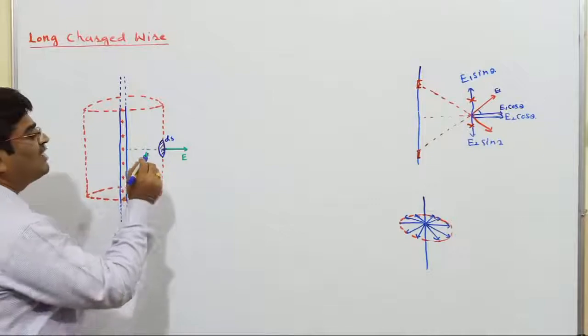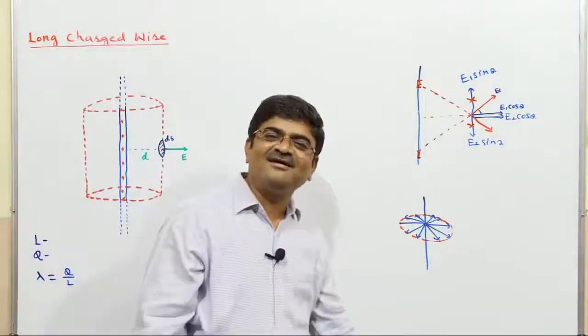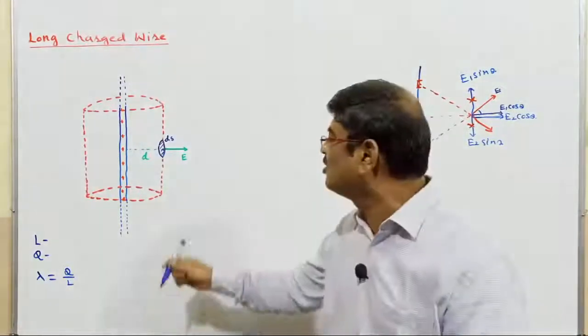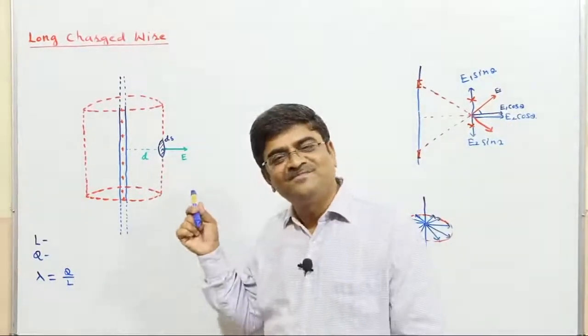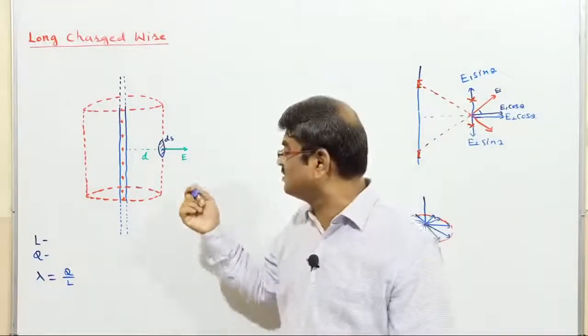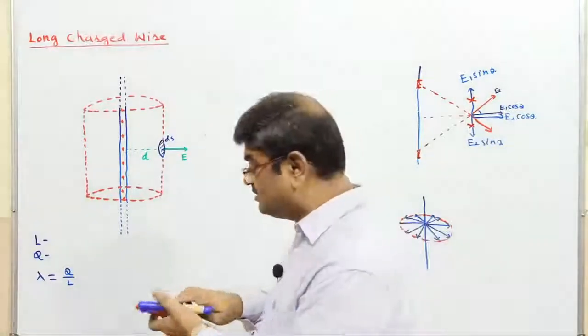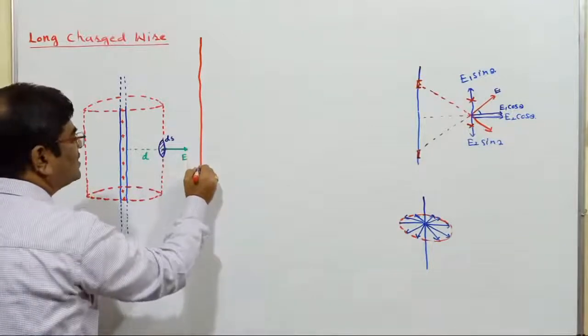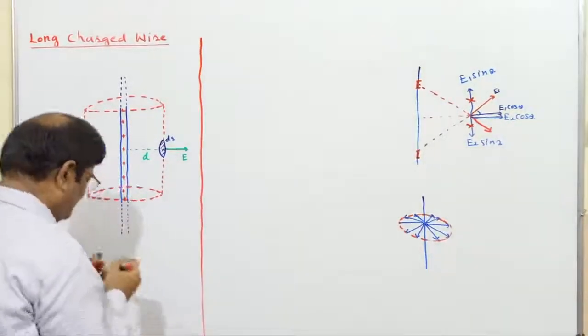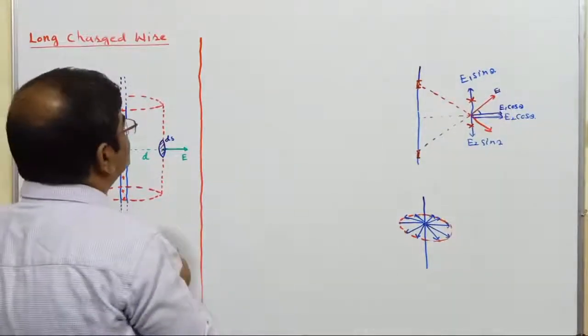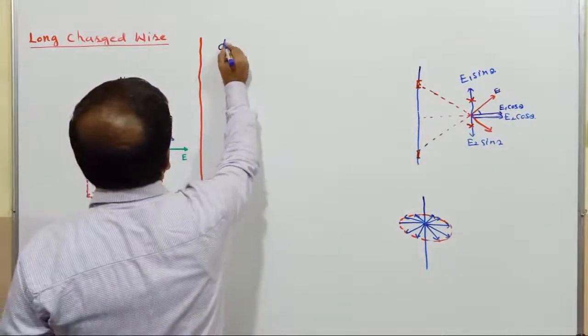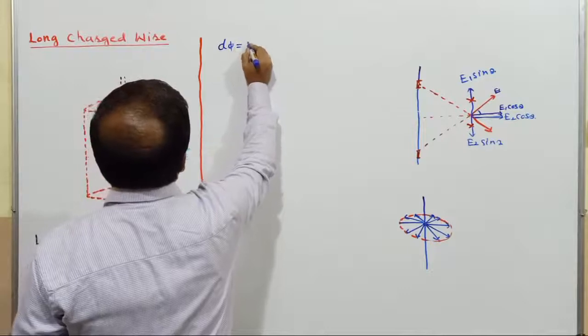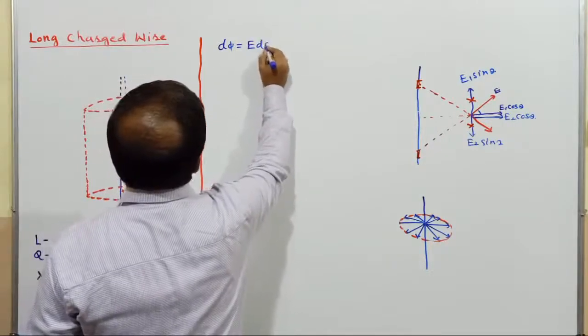Magnitude I know. How about direction? Area has direction along the normal, normal to the surface towards the observer. So this clearly tells me that the area vector and the intensity are in the same direction. Then let's calculate the flux through that small portion. As per the basic formula for calculating flux, dφ equals, once again I write the basic, E dS cos θ.